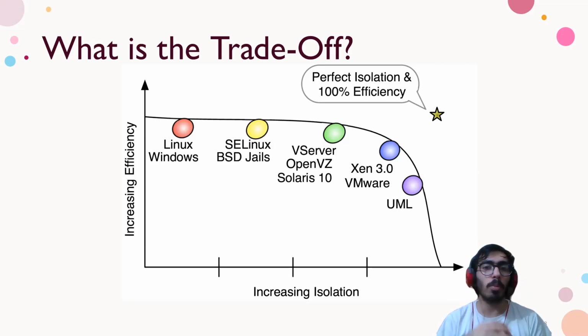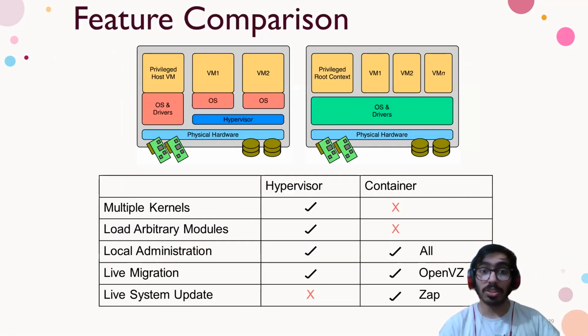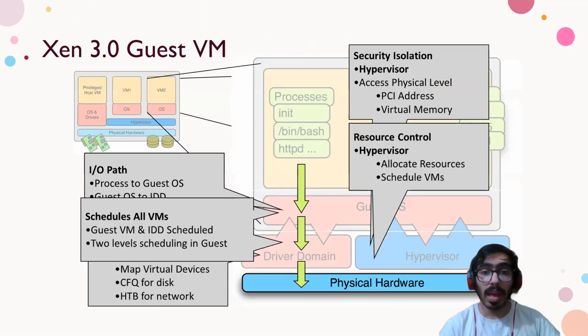Why? Because it gives you the most performance. It's the lightest, so you don't need to download everything and update. When the virtual machine stops working, you see how much toll it takes. You cannot do multiple things together, but those trade-offs go away when we use containers. So these are just the comparisons between hypervisors and containers. And this is the Xen guest virtual machine, which has so many different processes it needs to run with the hypervisor, and that's what slows it down.